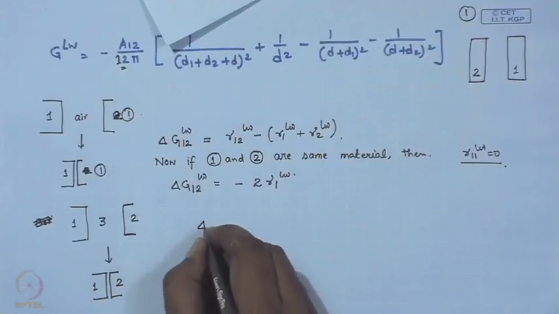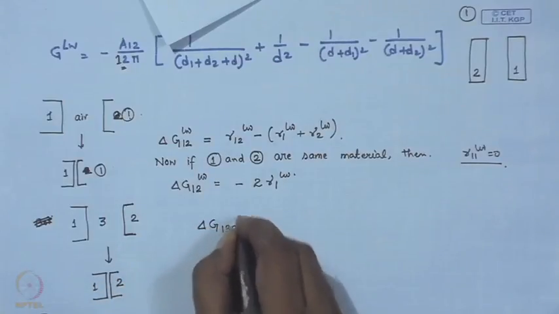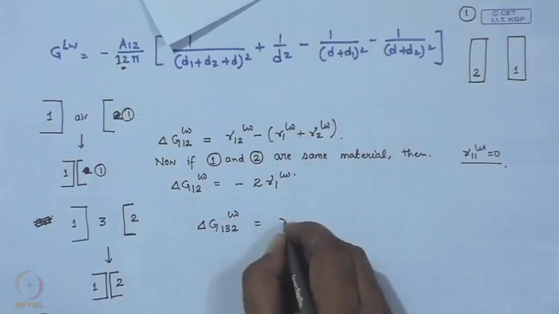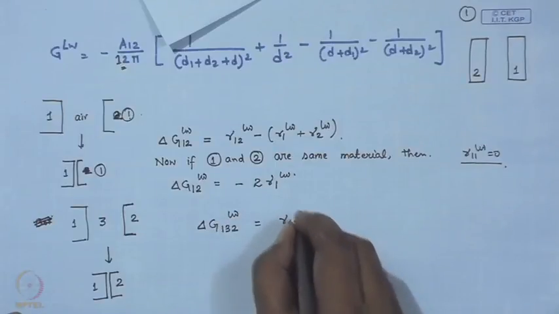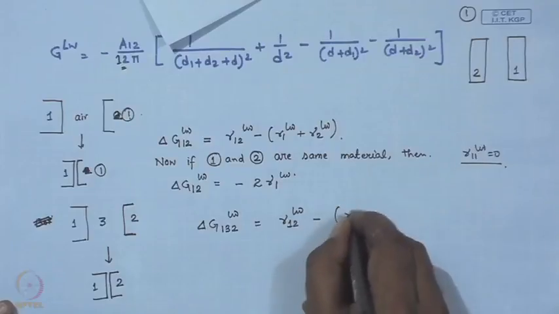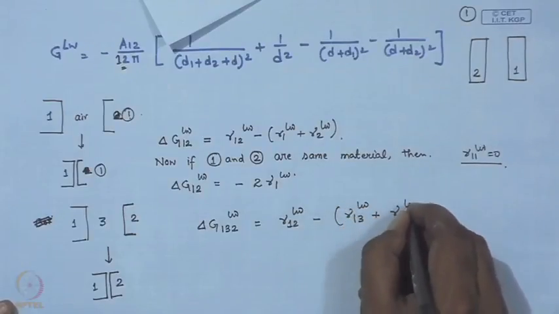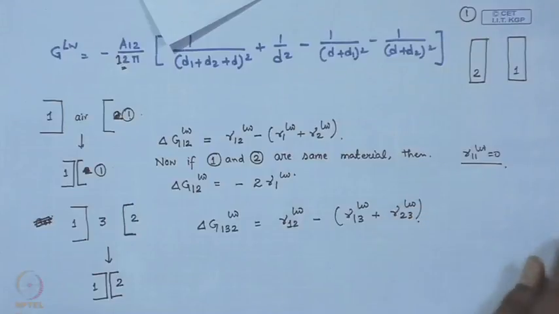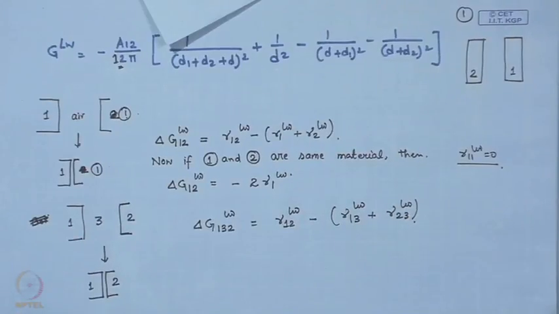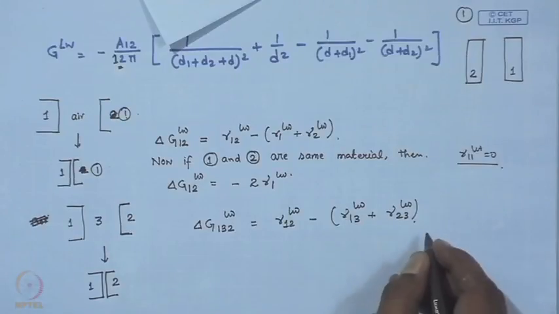So, here also what happens is delta G 132 finally will be gamma 12 minus gamma 13 LW plus gamma 23 LW. Okay. Here also if 1 and 2 are the same material, then we will be left with